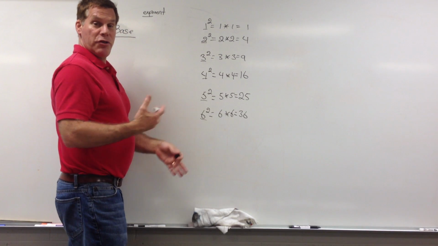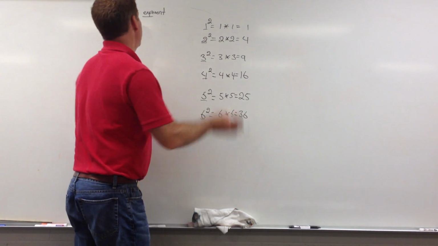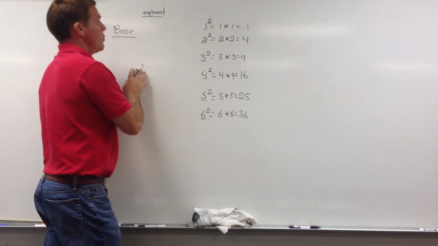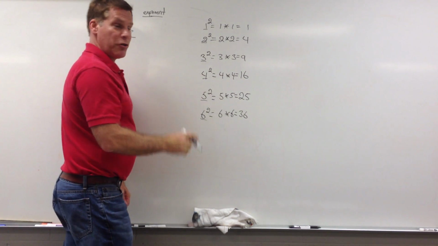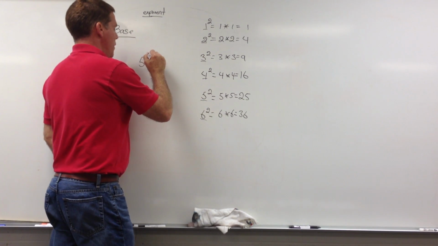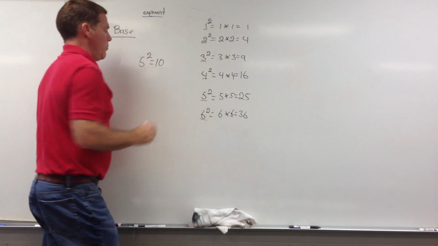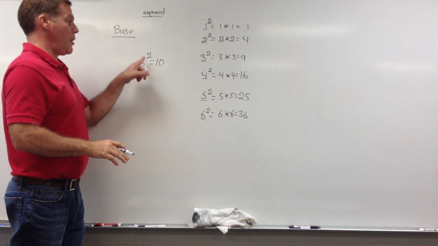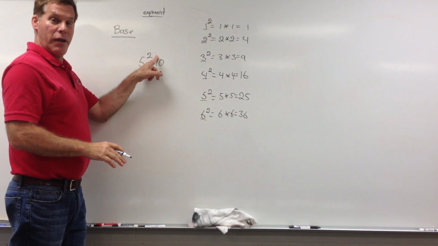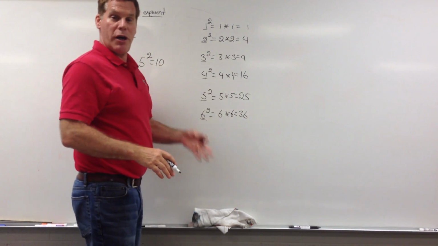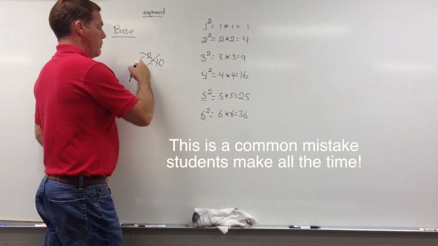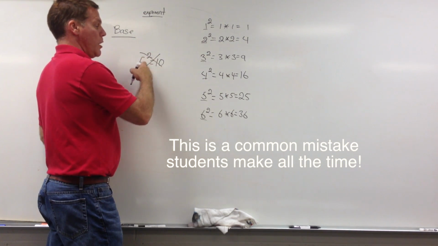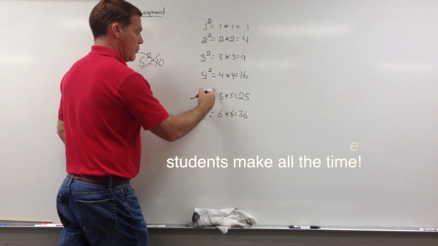So once we get more into our lessons, the important thing for the students to realize is, and here's the mistake lots of students make, they say 5 squared equals 10 because they're thinking 5 times 2. What we need to do is help the students realize that no, that is not 5 times 2, that is 5 squared. 5 squared means